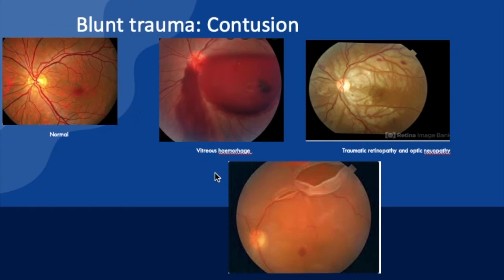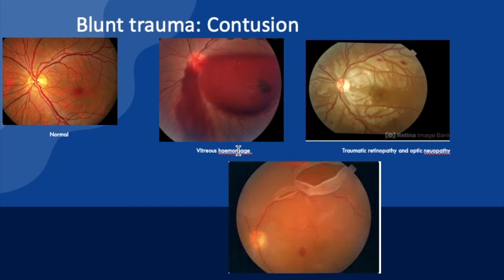With a blunt trauma, the patient can have vitreous hemorrhage, so the patient will be complaining of seeing floaters and flashes at the same time, and the vision will be reduced. And if you do the red reflex examination using an ophthalmoscope, you will get a reduced red reflex. The next thing is, if, let's say, the contusion is